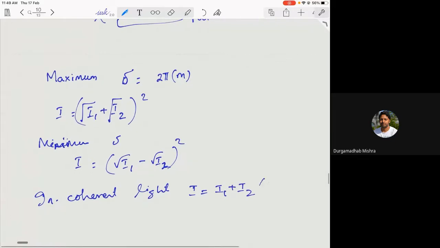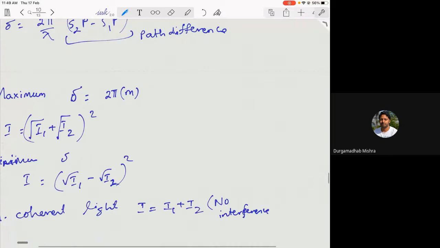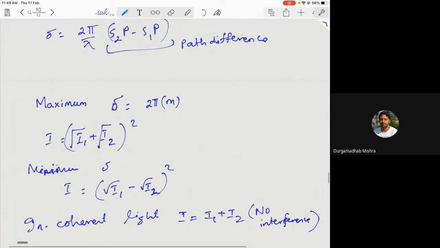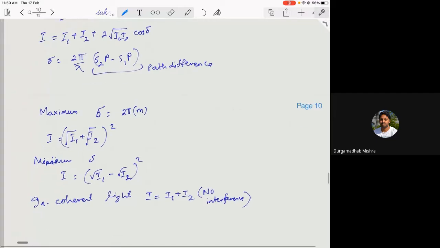So this means there is no interference, and this is because the cosine delta that you are calculating, you have to average it over time, because the delta will be random. There is no fixed relation between the phase difference. So at each point this delta can vary, and therefore you have to take the average of the cosine delta,